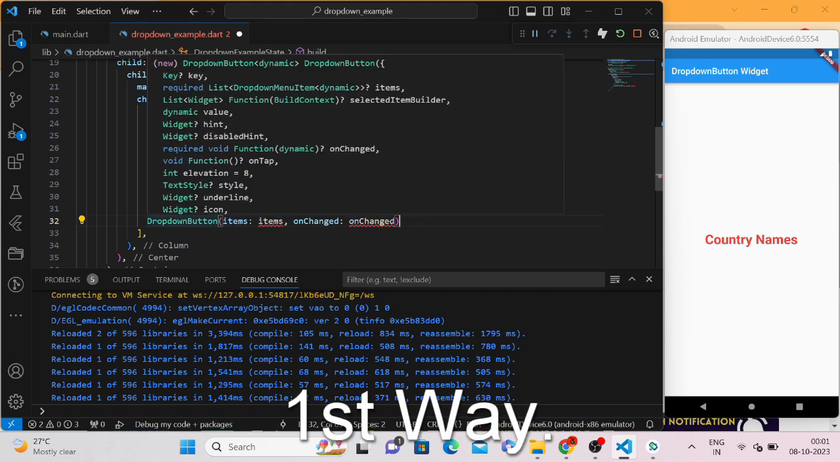If we hover on this drop down button, we can see so many suggestions or the properties or attributes that this drop down button accepts. Among those, two are required. One is items and another is onChanged. Whenever a class has some properties that are required, those will be by default added and it will show you